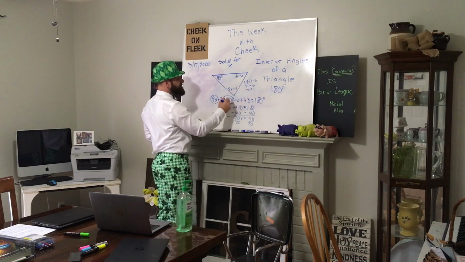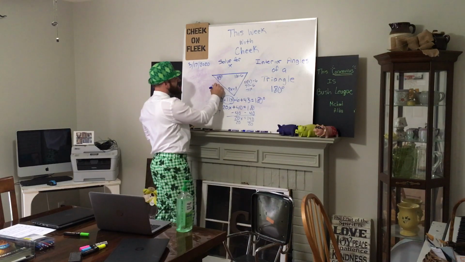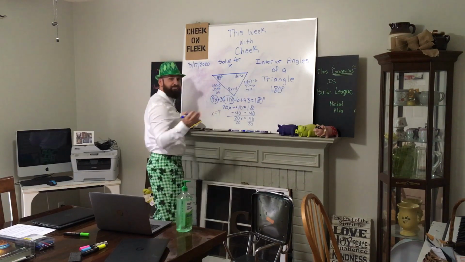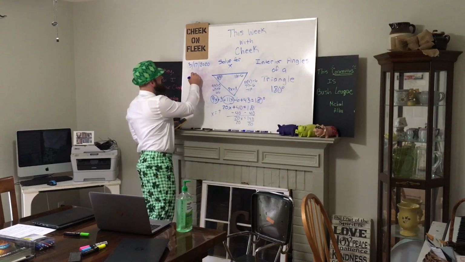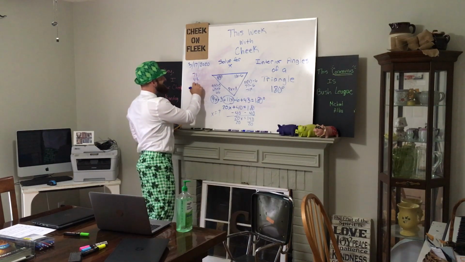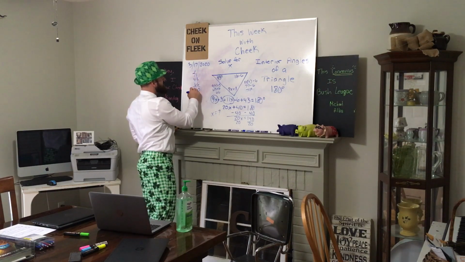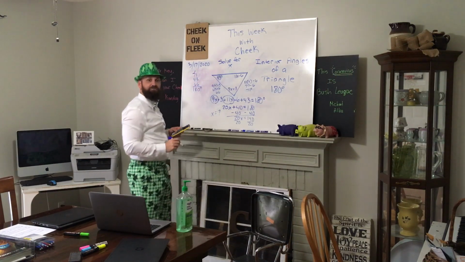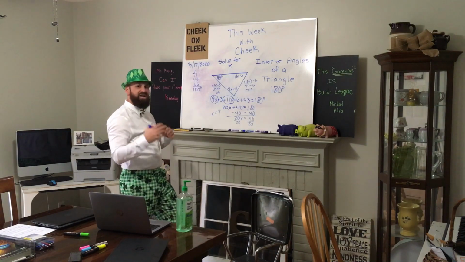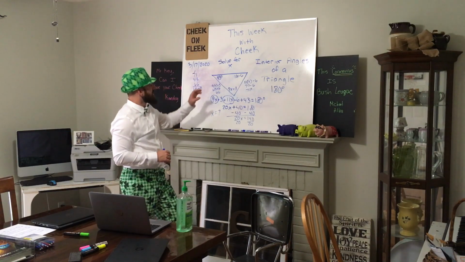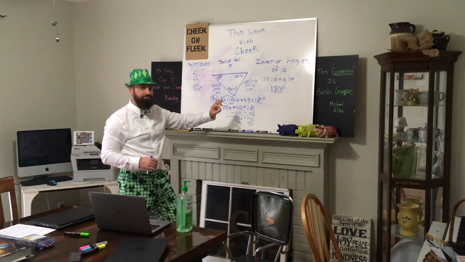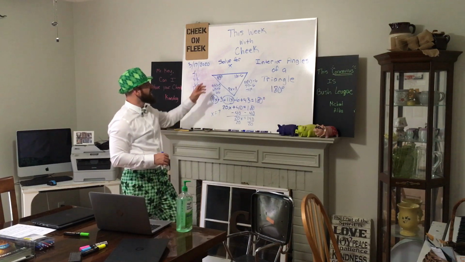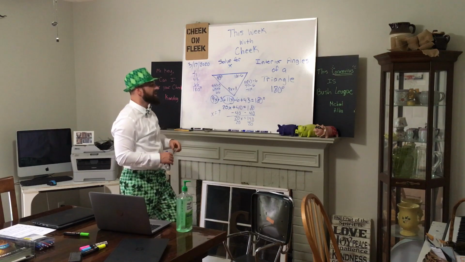And then over here, I'm just going to go ahead and plug in. That's easier in my opinion. That would be 63 plus 3, 66 degrees. And then we want to make sure that our three angle measures add up to 180 degrees. So I'll just take 71, 43, and 66 and make sure that this adds up to 180. And it does. So we're going to be working with these types of problems. Just remember, interior angles of a triangle add up to 180 degrees. That's important. And that will help you determine either how to solve for x or how to determine the missing